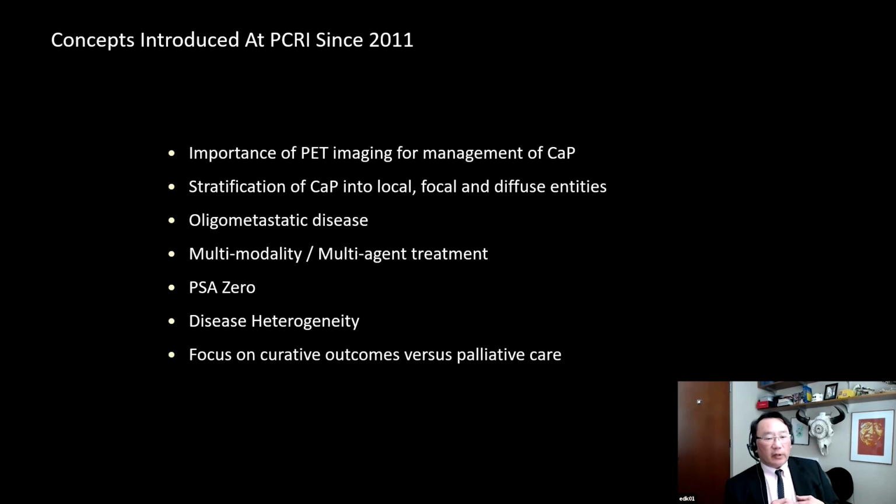I've been very, very lucky in my career. Many of the things that we rolled out over 10 years ago have now become the cutting edge of what we do for prostate cancer. Concepts like PET imaging, concepts like oligometastatic disease, PSA zero, disease heterogeneity, the idea of focusing on curative as opposed to palliative outcomes. In terms of thanking people, though, the people I really want to thank are my patients, because